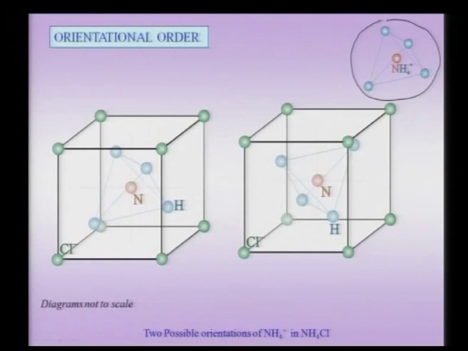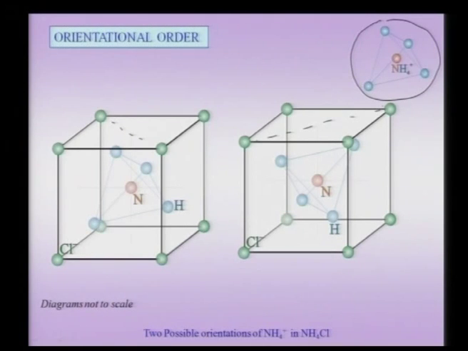Now, this kind of a structure can show orientational order and orientational disorder. So, how do I understand this orientational order and disorder? In a single unit cell, for instance, the tetrahedron could be oriented such that this is my preferred orientation. That means the three-fold of the tetrahedron, this atom, is located along this side of the body diagonal. It could also happen that this edge is not along this edge, but along the other edge. That means there are two available orientations for the NH4